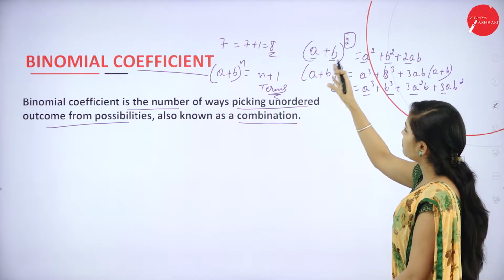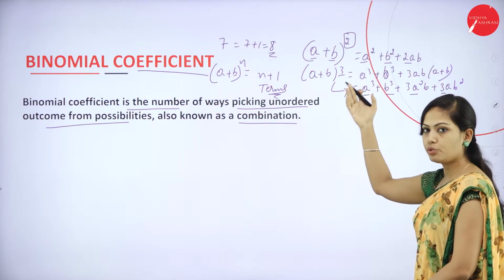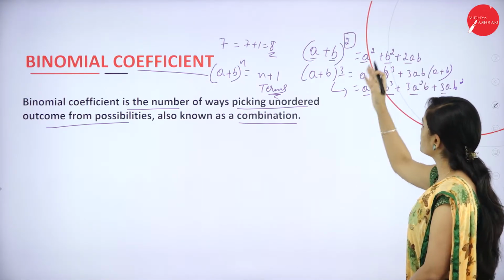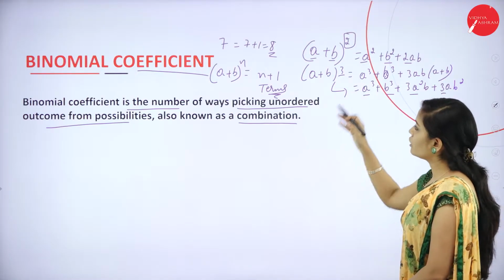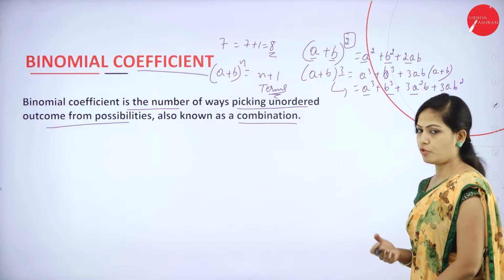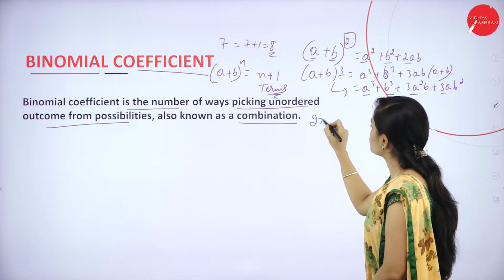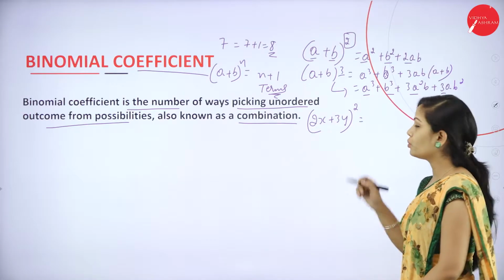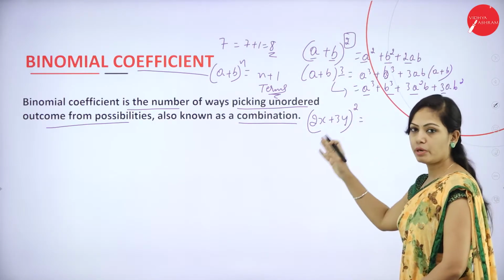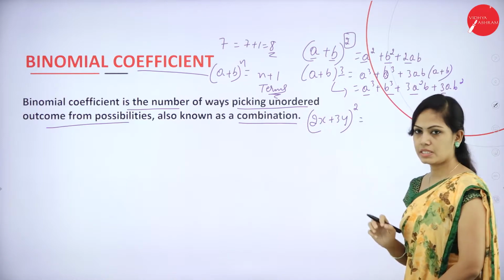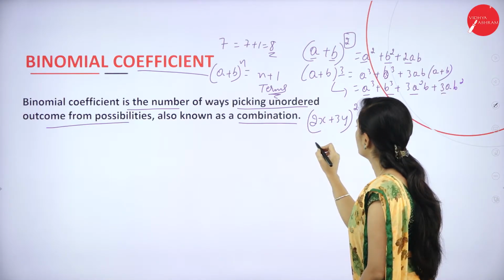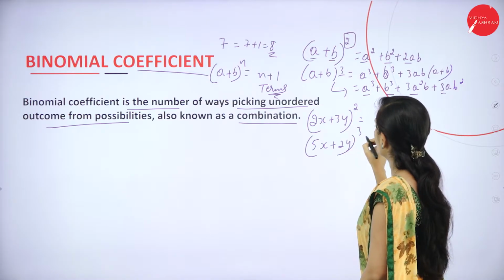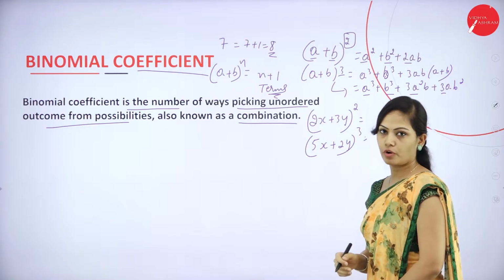Now see the expression a plus b power square. Power value is 2, so easily you can apply the a plus b whole square formula. If your power value is 3, you can apply the a plus b whole cube formula. Suppose your expression is 2x plus 3y, power value is 2, so you can apply this a plus b whole square formula, right? You can simplify this easily. And if you get 5x plus 2y power 3, you can apply this a plus b whole cube formula, right?